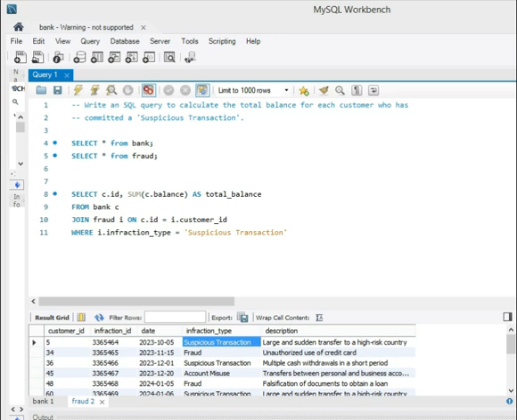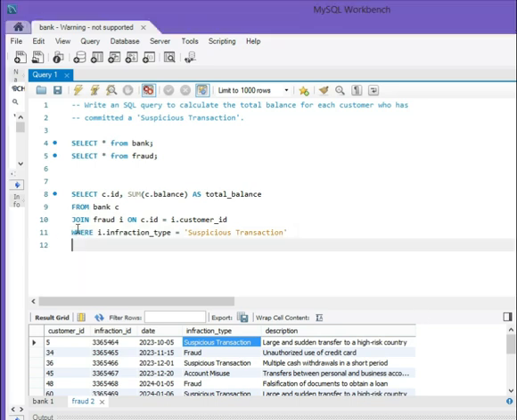So in this way we get a total balance for each customer who has a suspicious transaction. And for that we will have to group the results by the customer ID from the bank table, which has the C alias. So group by